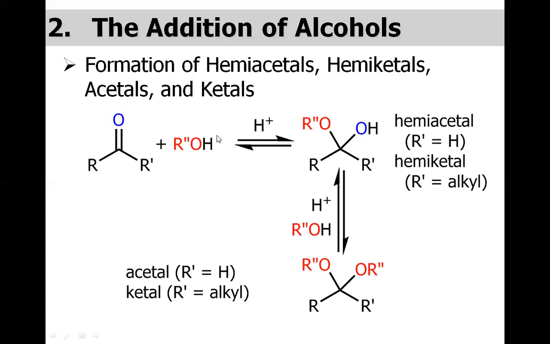Treated with alcohol, we have this OR group from the alcohol attached to this carbonyl carbon, which has become tetrahedral now. If we have the second mole of alcohol also attached to this carbon with the removal of this OH, so overall two ORs are attached, it is called acetal or ketal. So acetal or ketal is when 2 moles of alcohol are added, while in case of hemiacetal or hemiketal, only 1 mole of alcohol is added to aldehyde or ketone.